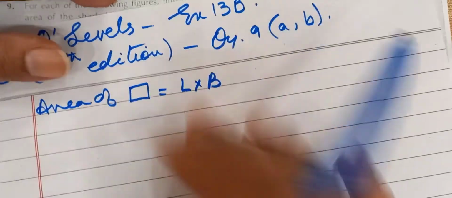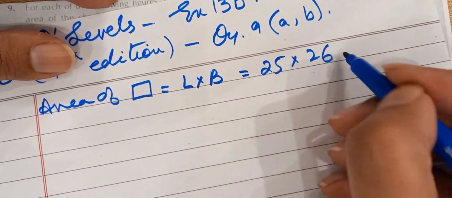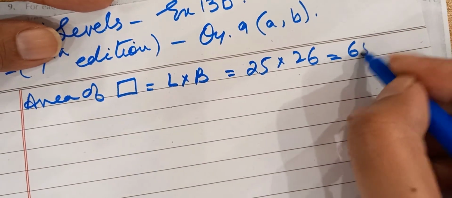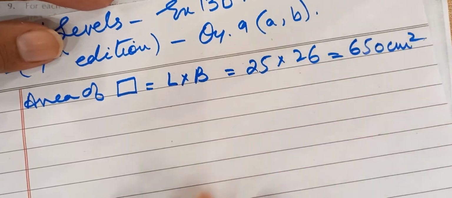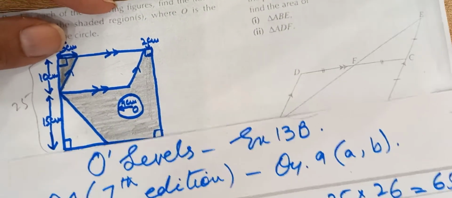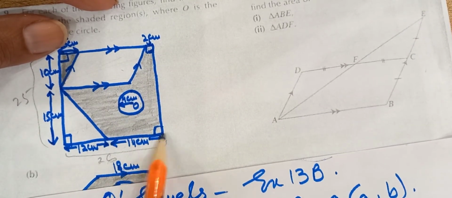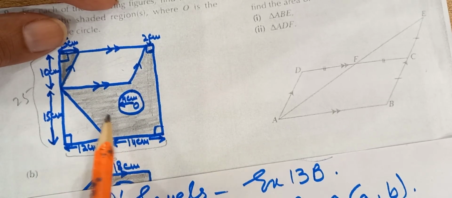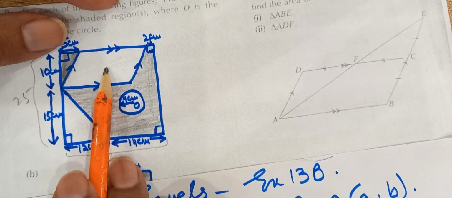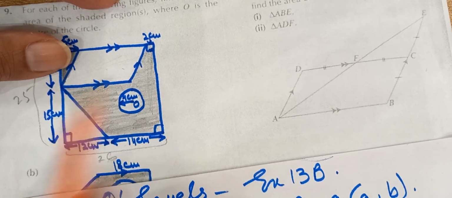So the area is 25 into 26, which is equivalent to 650 centimeters square. Now this 650 centimeters square is the area of this entire rectangle. Now I have to subtract the area of this parallelogram, this circle and this triangle from this rectangle to